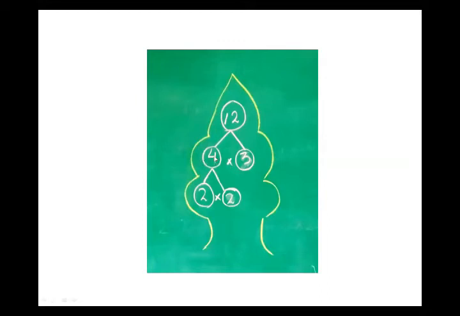So we break 4 into further factors, and we cannot break 3 because 3 is already a prime number. So we break 4 into factors. Here you see the factors 2 into 2 which makes 4. You can see here 2 and 2 are both prime numbers, and also 3. If we multiply all these numbers, 2 into 2 into 3, it makes 12. That's why we pick all these three numbers as the prime factors of 12.